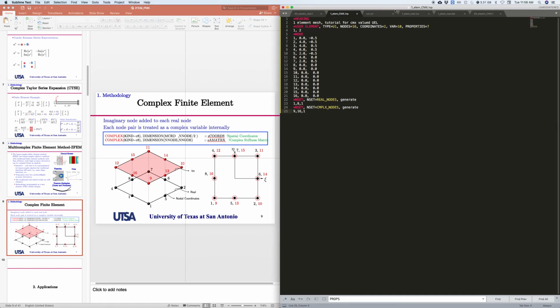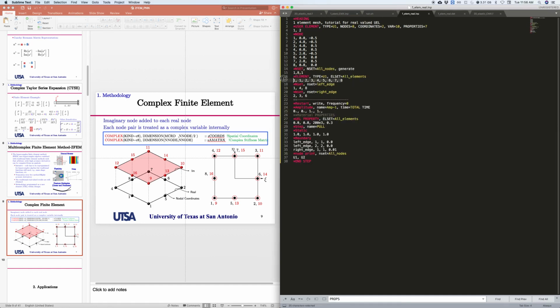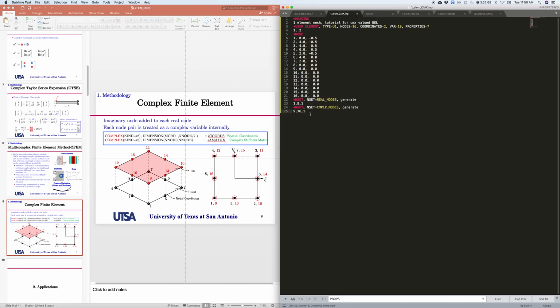Okay, now let's go to the element definition. I'm just gonna copy that from here as well. So from element, I'm just gonna say 125, all elements, because the elements are not duplicated. The only thing that is duplicated is the nodal coordinates, but the element, what is duplicated is the amount of nodes that it has. But the number of elements from a real to a complex valued mesh is actually the same. And here I have to type 9, 10, 11, 12, 13, 14, 15,